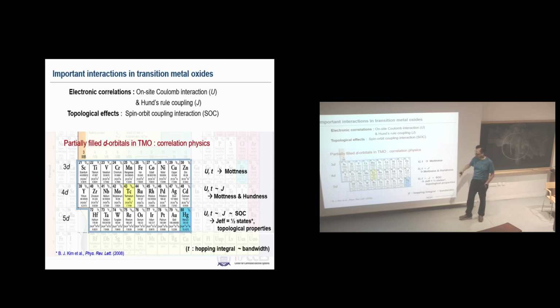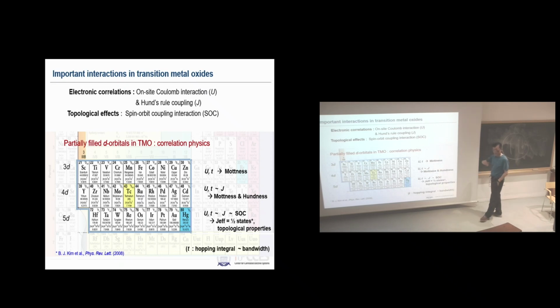In the beginning, many people looked at the 3D transition metal oxides. The U and T values are around a few to several electron volts. However, people started looking at 4D transition metal oxides, and they began to realize that they have a large Hund's coupling. The typical value is about 0.5 electron volt, but the important factor is 3J or something like that. In those cases, it can become as large as 2 electron volts, so they can be comparable.